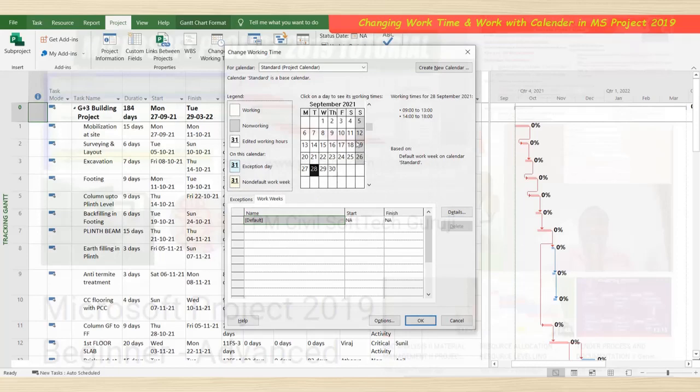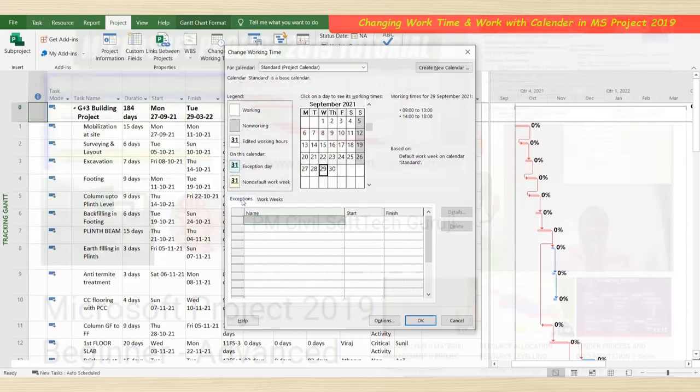Okay. So here see the changes. Here Sunday becomes a holiday. Then suppose today, tomorrow the 29th, we want some casual holiday.